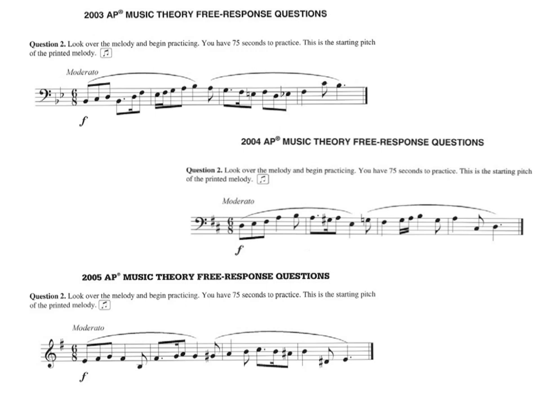Let's look at the 2003, 2004, and 2005 sight-singing examples in compound meter. Again, it's good to look at the key signature, and if you're comfortable with your major scales and the key signatures attributed to them, you're at a great advantage. Also, if you know what the relative minor is of each major, this will put you at an advantage, knowing that a relative minor starts 3 half steps below the tonic of a major scale.